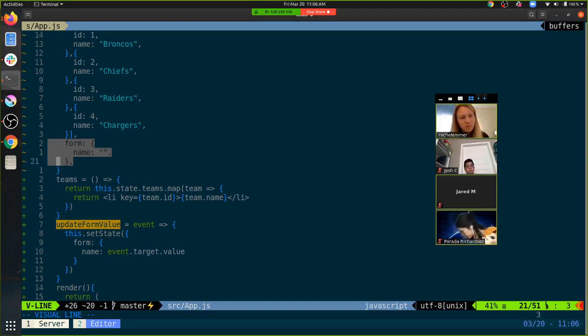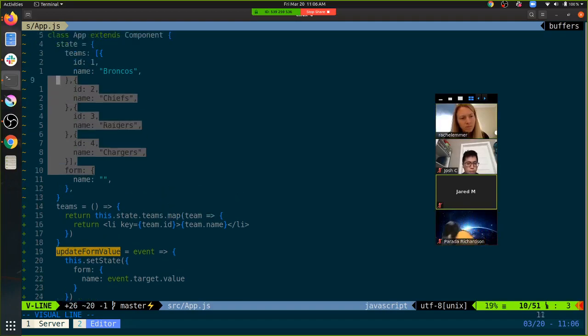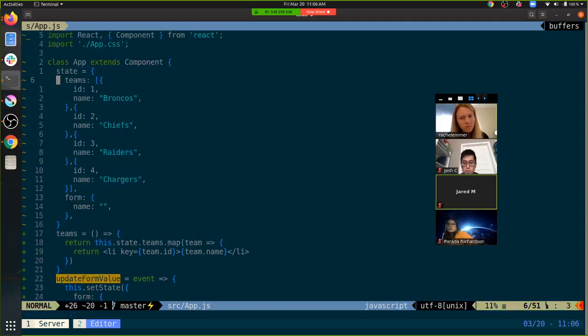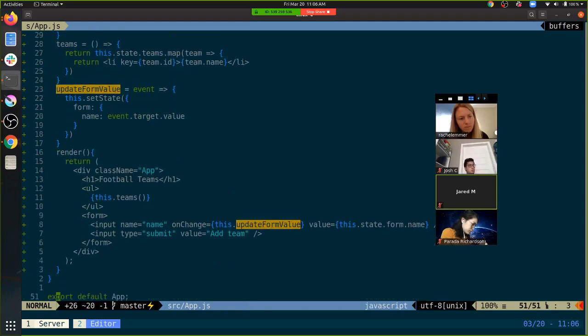What we're going to need to do though is we still have this list of teams. That's probably still going to live in this app.js component. And so to add something to that, the function to actually add the team, that's still going to have to live here. And that's still going to need to get passed in to our form component. So we'll see that in a sec. But first, let's get it all working just right here. So just like we were doing the onChange, how do I make this form actually add the team?